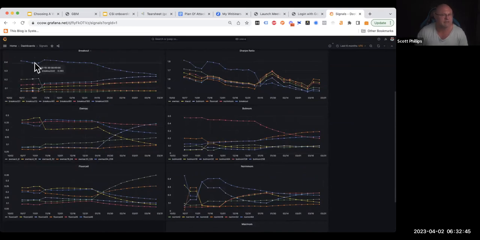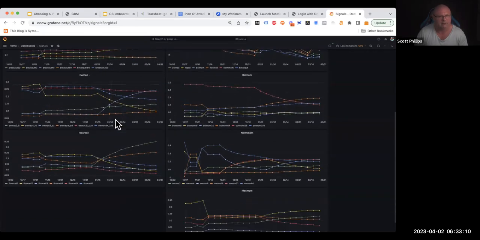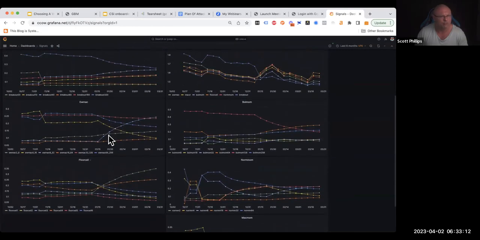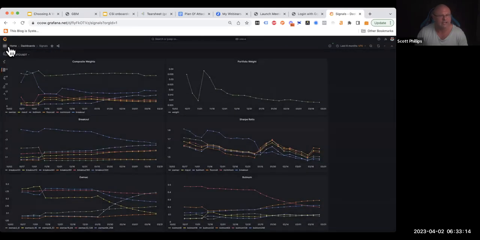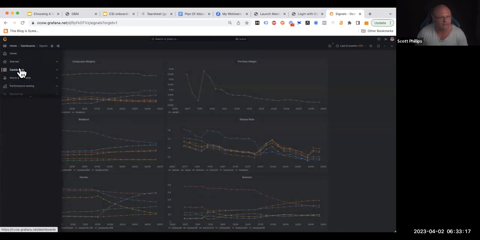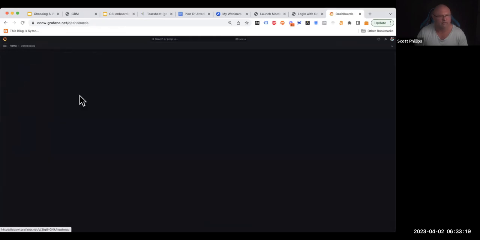Now, if we do that same thing with breakouts, our breakout 320 was the top performing signal because it's after costs. So a breakout 320 after costs tends to outperform shorter signals. Like these ones have hardly any weight compared to breakout. And we do this with all these signals. These get reweighted once a week. So if a signal downgrades or stops working, we have a very robust plan to deal with it.